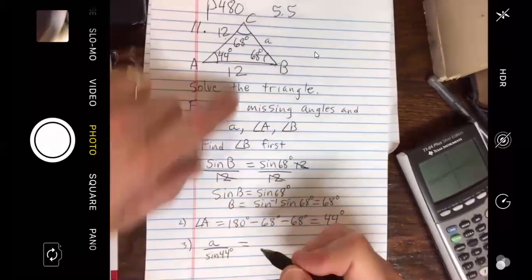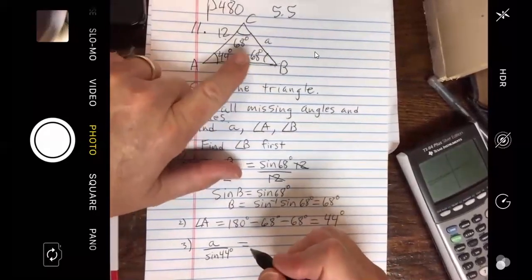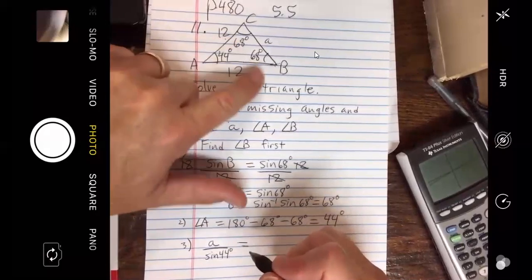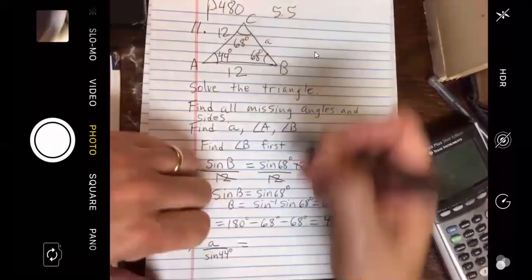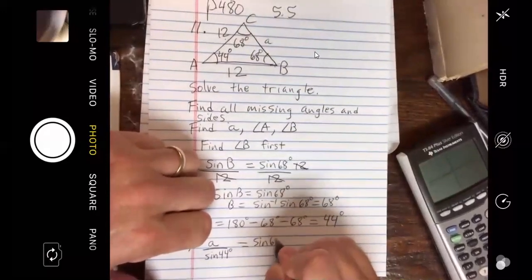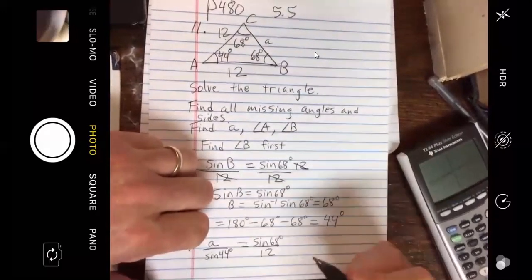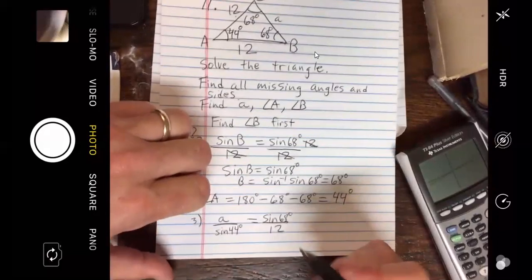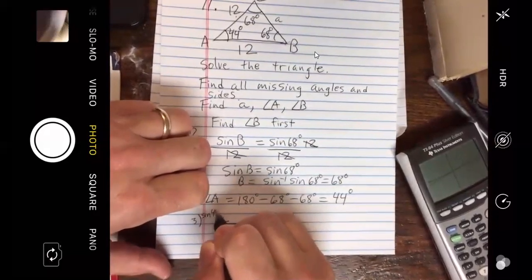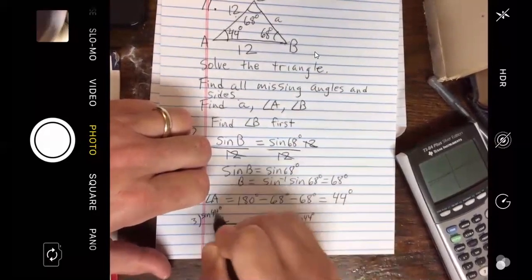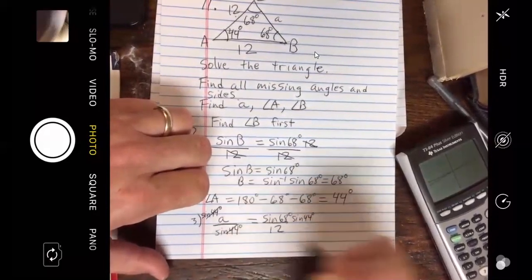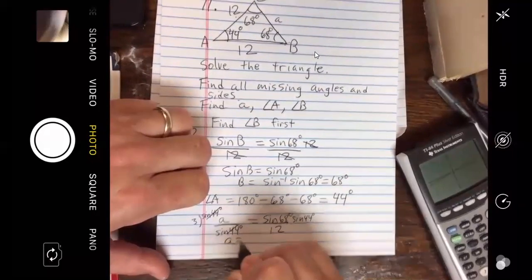And then you can use this 68 over 12, sine 68 over 12, or I think it'd be 12 over sine 68 on either one. Sine 68 degrees over 12, multiplied by sine 44. And your A then is,